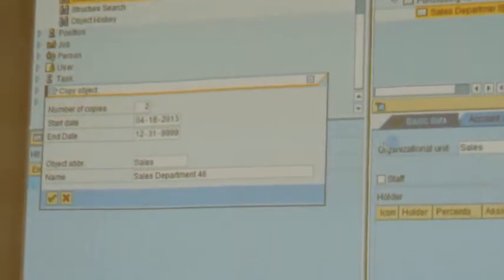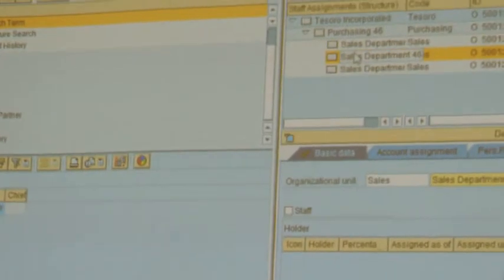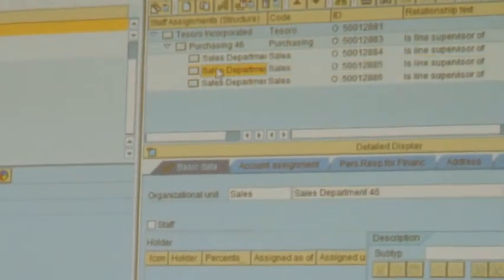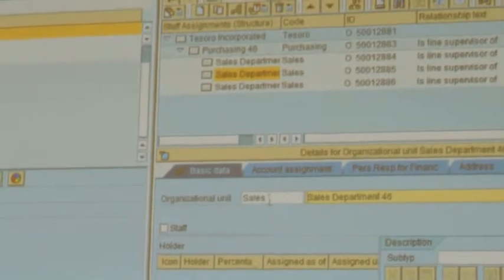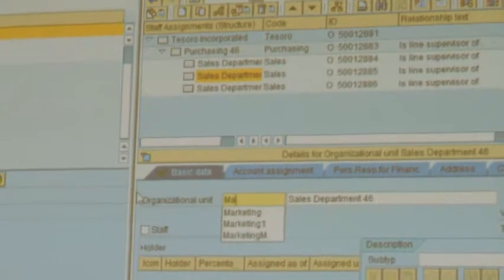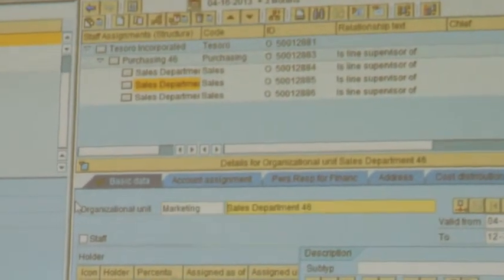and enter it. Now you see there are 2 sales departments copied from the original sales. Now I'm going to modify these names and change them according to my department need. So the second department will be marketing.